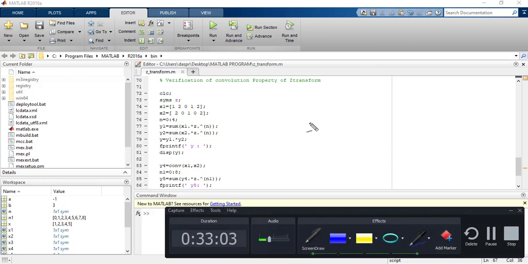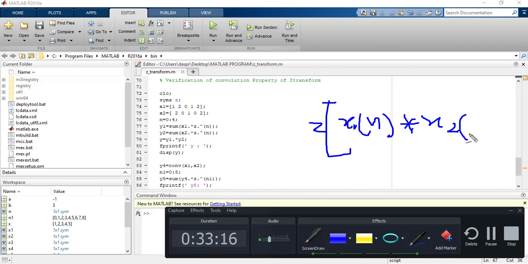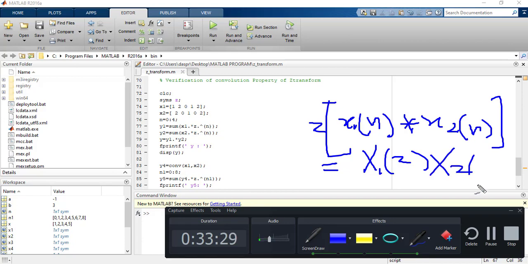The statement of the convolution property is: the Z transform of x1 convolved with x2, this is not circular convolution, normal linear convolution, so the Z transform of x1 asterisk x2 of n will be equal to X1(z) into X2(z).